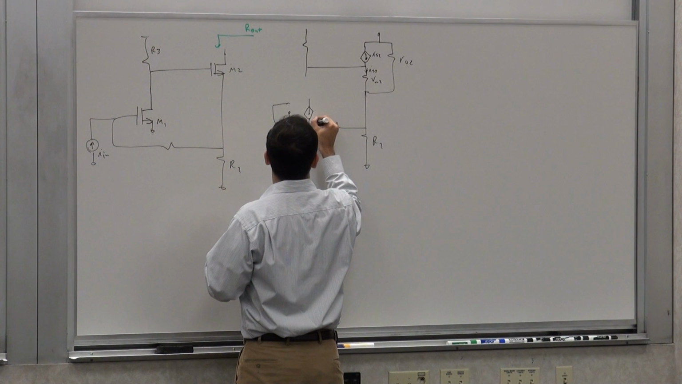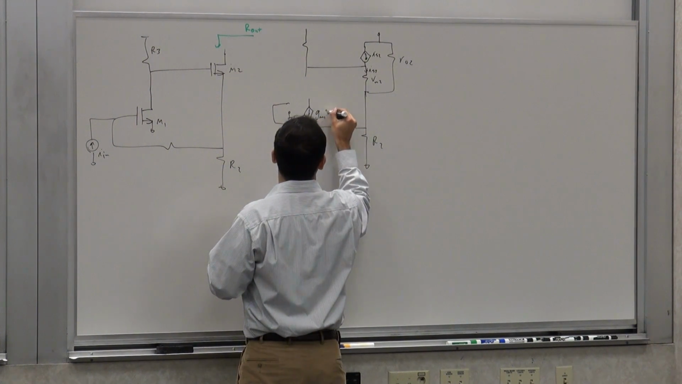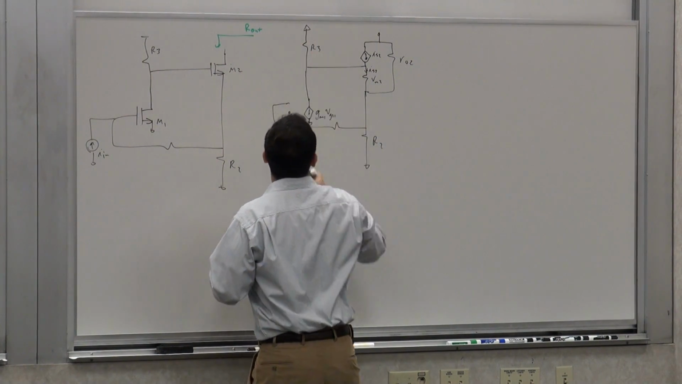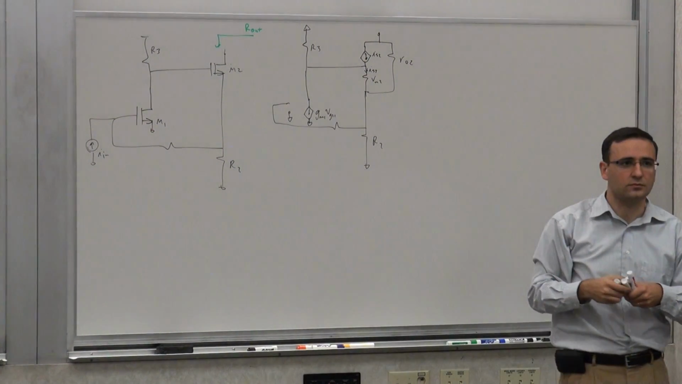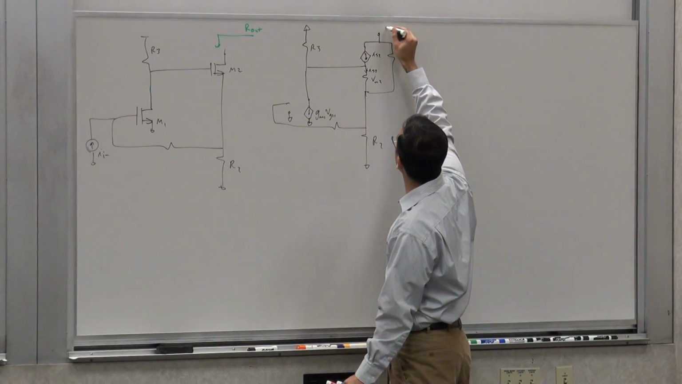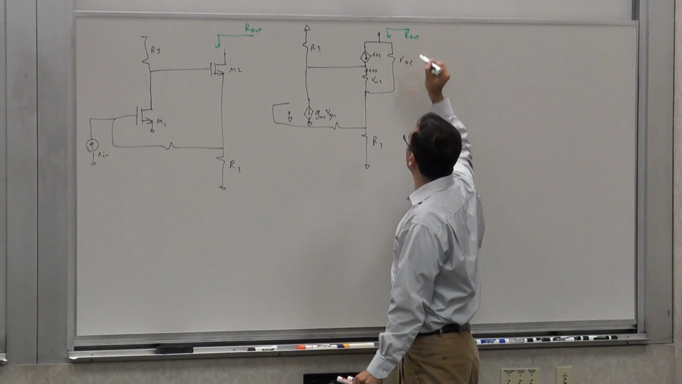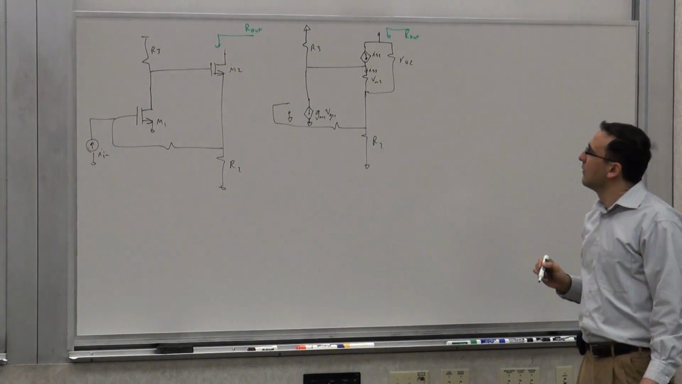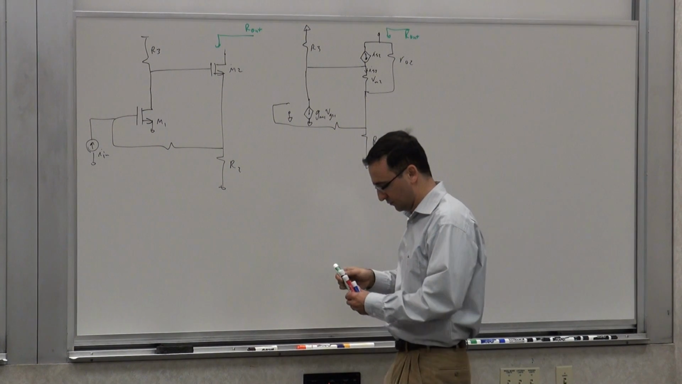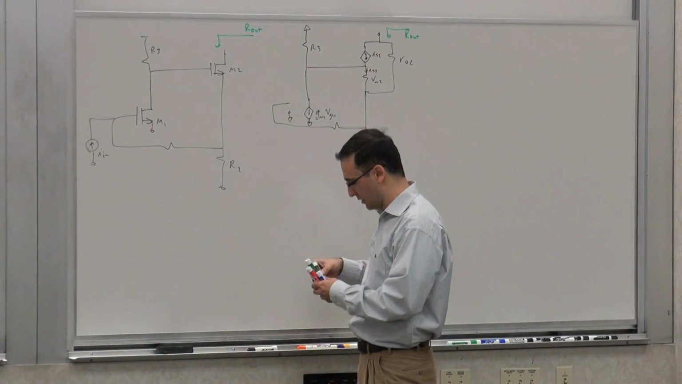I use a pi model here, GM1, VB, GS1, R3, ground, something like that. So this is what I'm interested in. I'm interested in determining the output resistance. So first thing is I have to choose a source. I can choose this source to make it